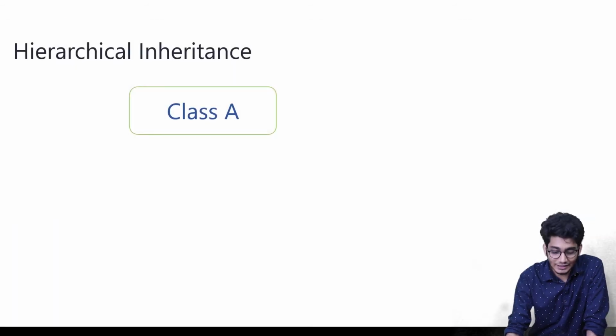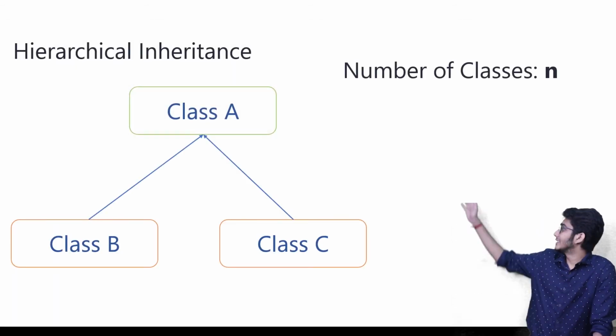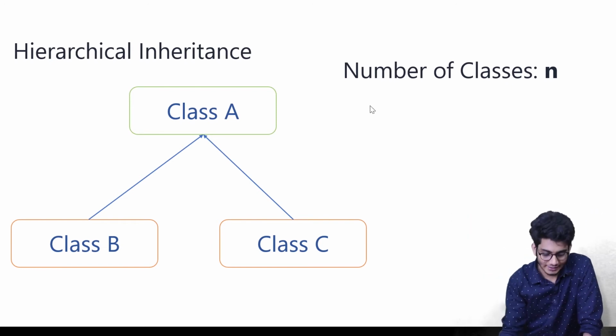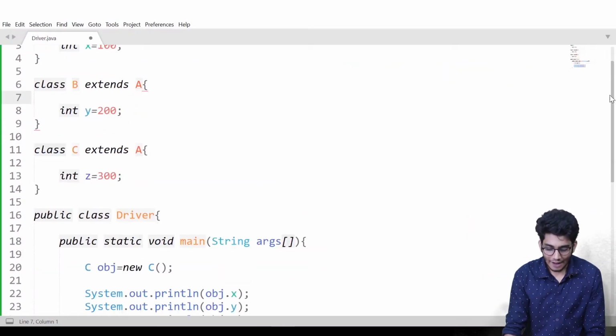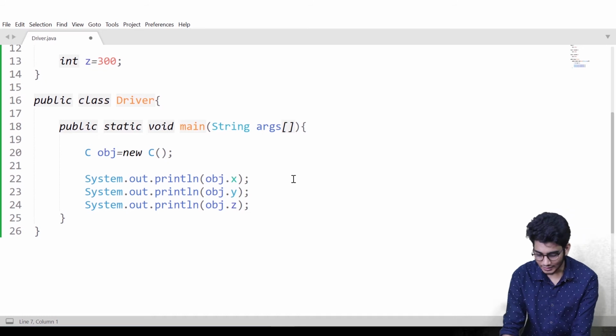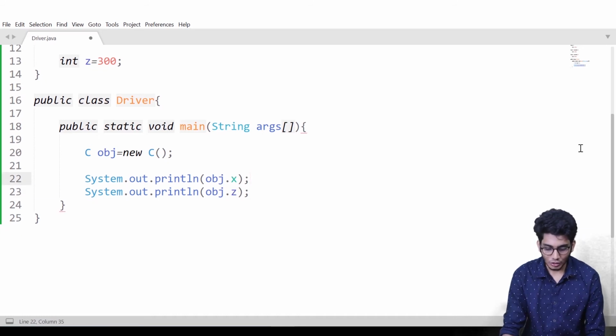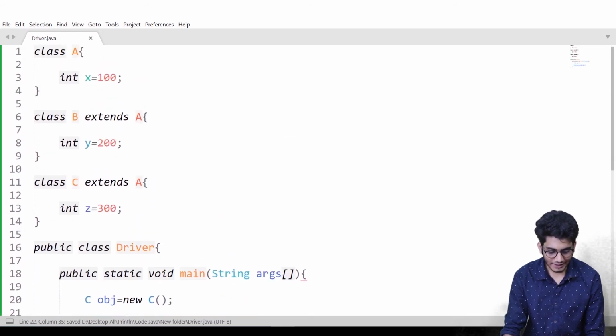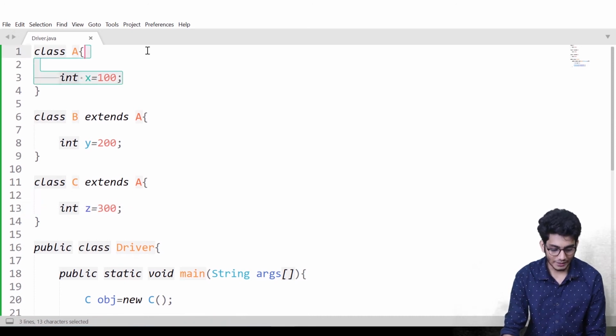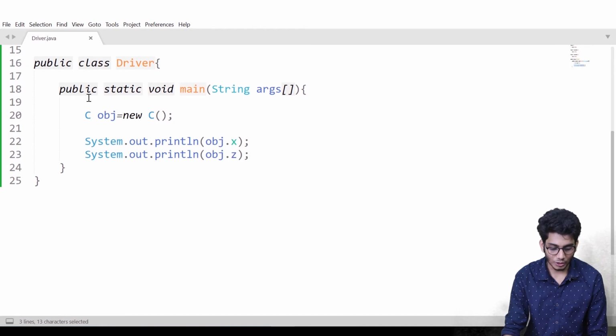In hierarchical inheritance, what is the structure? This is the structure of hierarchical inheritance. Now we just have to remove this thing. So we have created the object of C, and we can access the properties of C and the properties of A, and the same thing goes for class B.